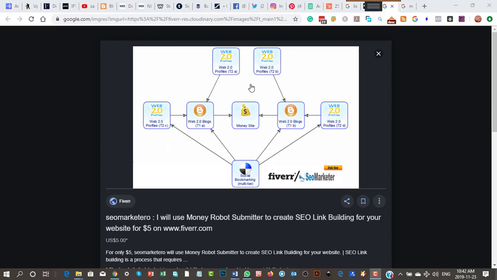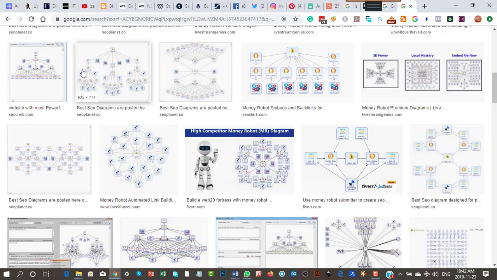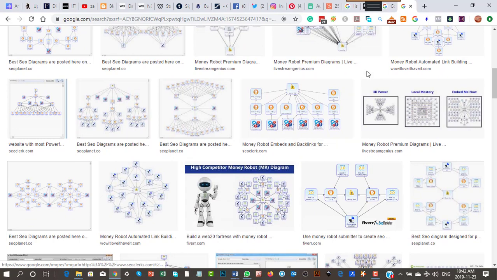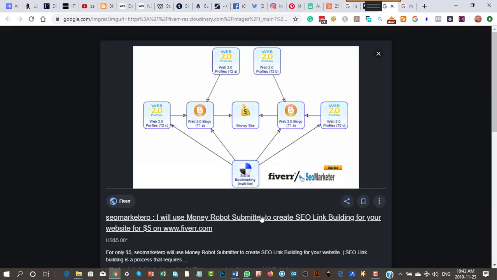I searched for diagrams for a thing called Money Robot. Money Robot is a tool that I have paid for and never had time to use, so in the end, I stopped paying for it. To be honest, with Money Robot you need a separate laptop and it runs full time, and it's kind of a little bit hard to work out. In my opinion, go to Fiverr like this, it's a perfectly good example, and pay them and they'll do a Money Robot for you